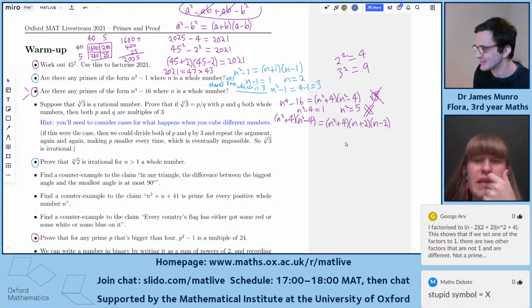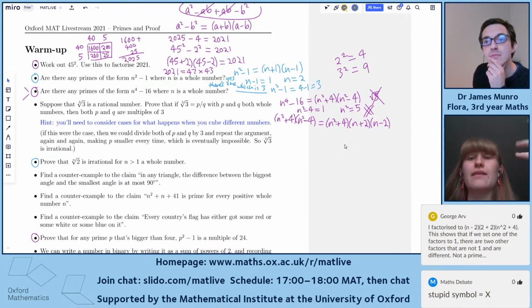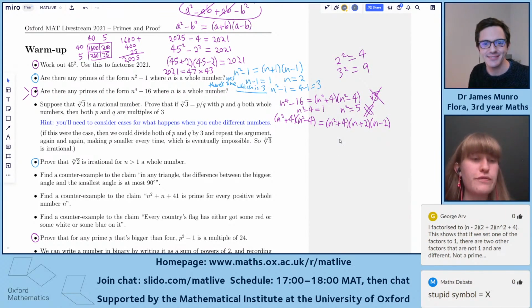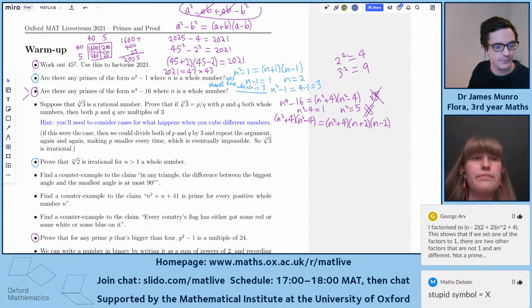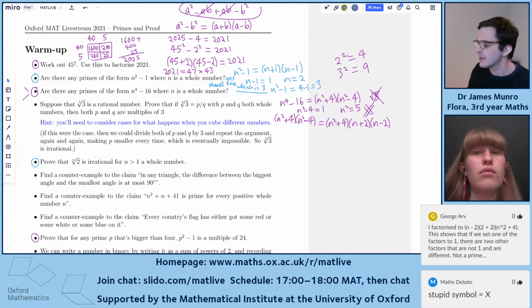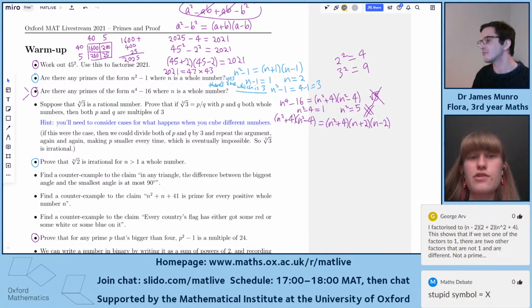Basically, 2 of them have to be... Yeah, that's what I was going to say. Prime numbers only have 2 factors. So you know that basically 2 of these numbers must be equal. So I set 2 of them equal, and then I solved it, and the equation had no real